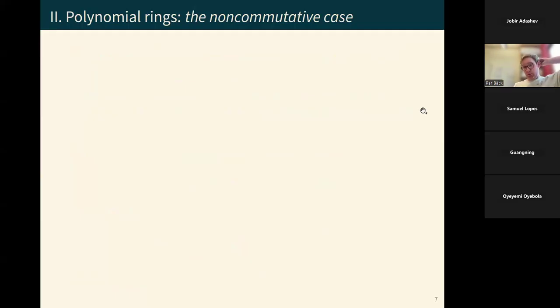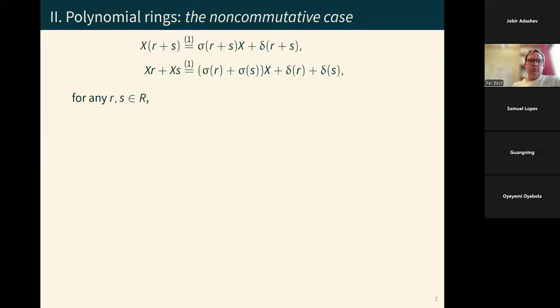One can ask then, what other properties do these sigma and delta need to satisfy in order for us to get a unital ring? So if we compute these two expressions and use distributivity, these things should be equal. Again, compare the top part with the bottom part, compare the coefficients, and we see that both these maps sigma and delta need to be additive in order for us to have distributivity in this ring.